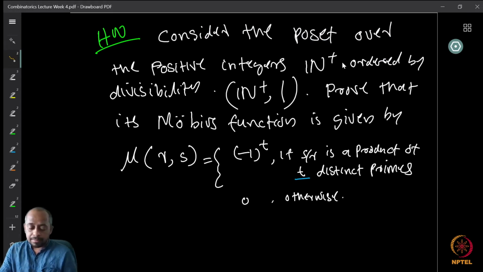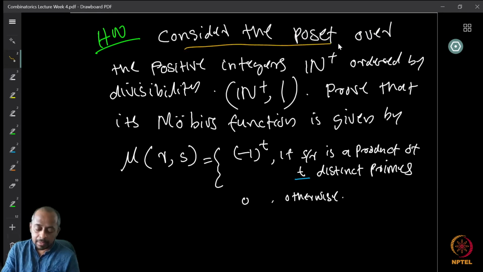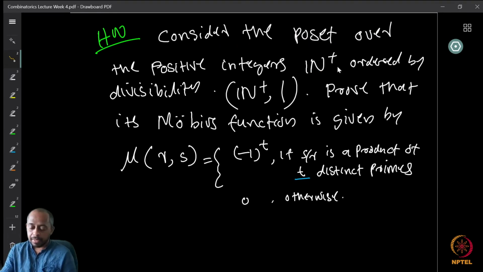As a homework, this is very important that you do this. Consider the poset over the positive integers N+, ordered by the divisibility relation. Now we looked at a small subset of this earlier. Now prove that its Mobius function is given by mu of r comma s is equal to (-1) raised